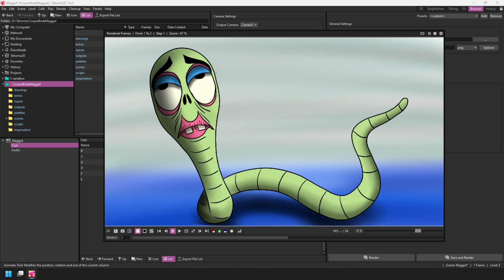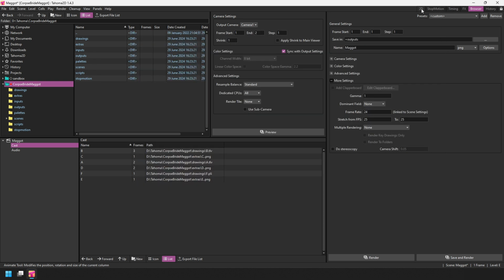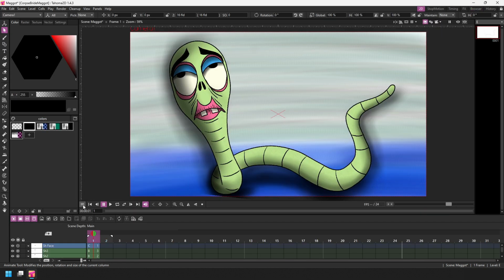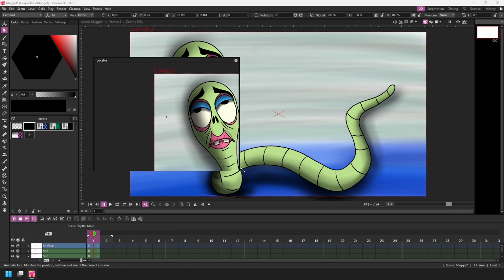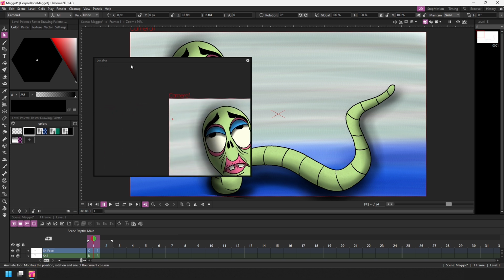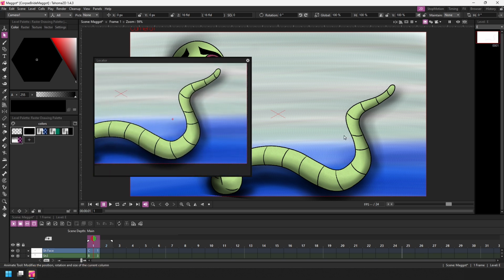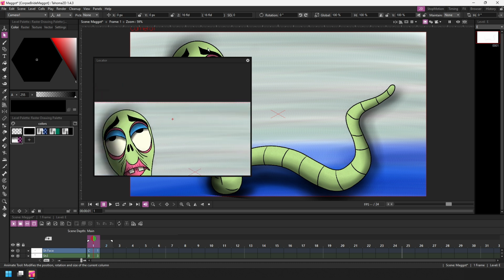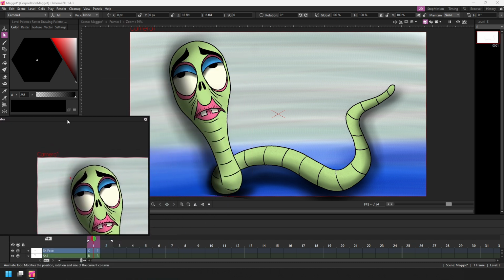And finally, the other dockable panel that I think you'll find useful and you may not have used before is the locator panel. So if I go to a room with a viewer window here and then open the burger menu at the bottom left, by default, the locator option is hidden, so if we tick that, you'll notice a new button appear, and that's this magnifying glass, which is for showing the locator window. So if I pop that open and make it larger, let me unlock the room panels here, and you'll notice as I move around the main viewer, the locator gives me a second view of this window. So let me just dock this at the side here,